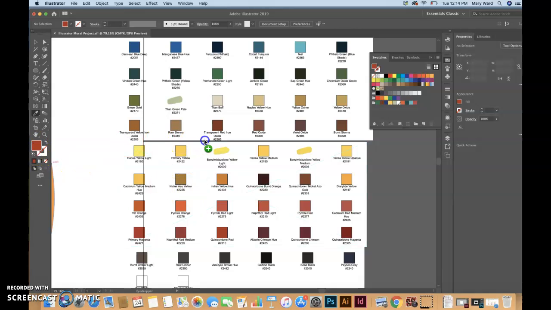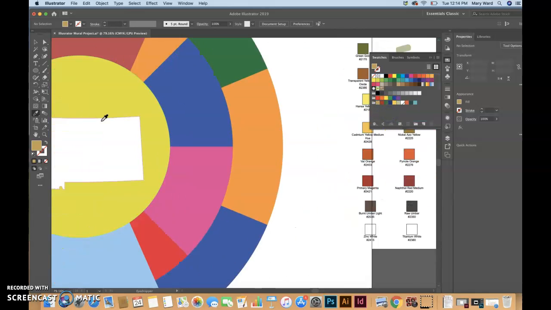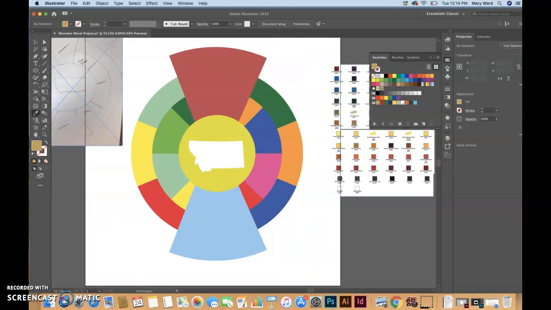I guess a lot of the colors are pretty similar. 1, 2, 3, 4, 5, 6, 7, 8, 9, 10. Maybe I'll bring in this type of color. I could probably end up spending all day doing this, but